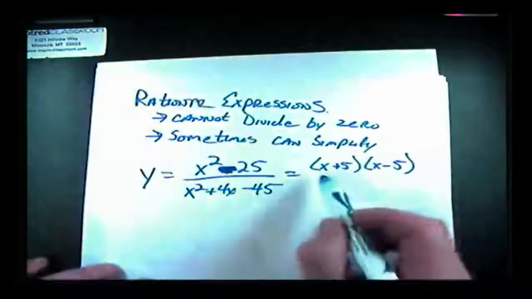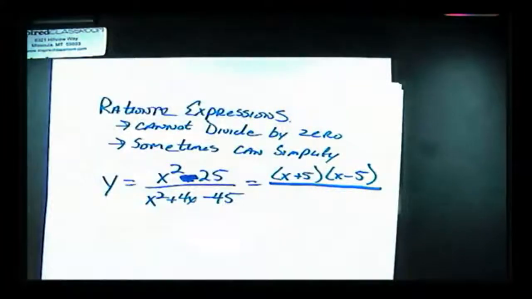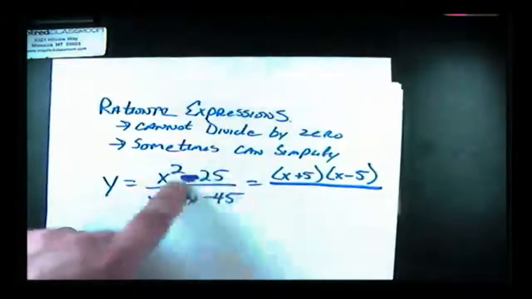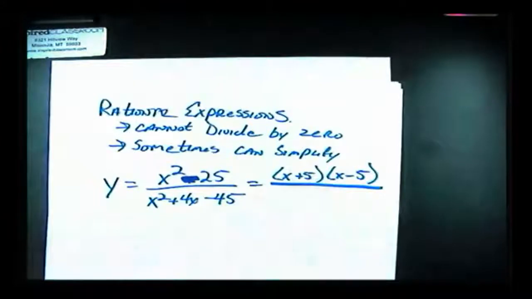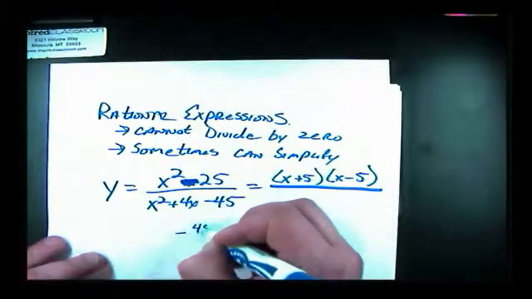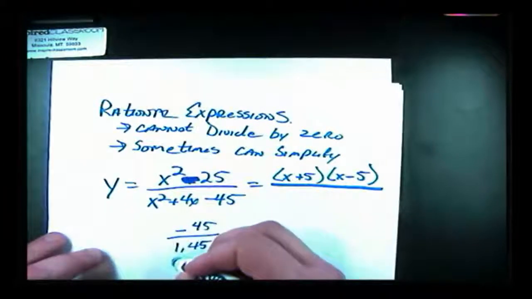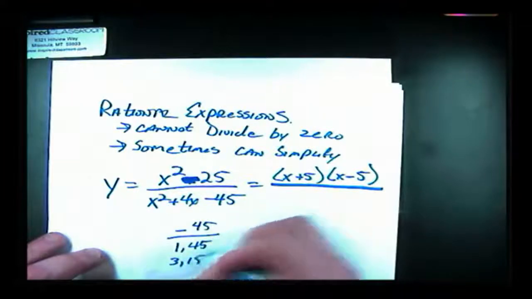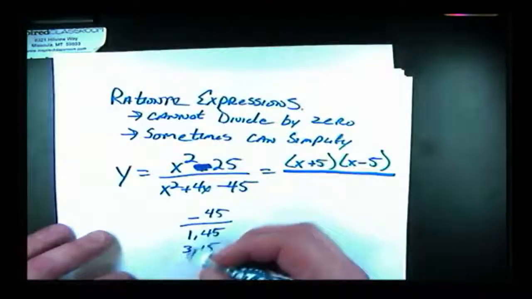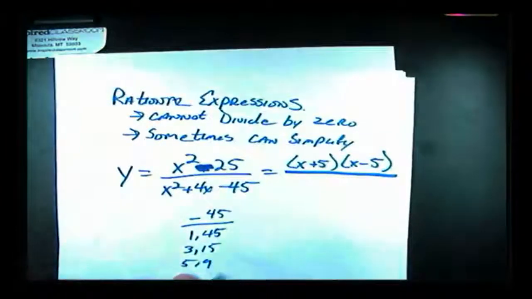So here we are factoring again. So it's a good skill to get used to. I'm trying to simplify this rational expression. So the first part up here factors to this. This bottom part, well, we're going to need our factors of negative 45. So we have 1 and 45, 3 and 15, 5 and 9. And if you look at those ones,